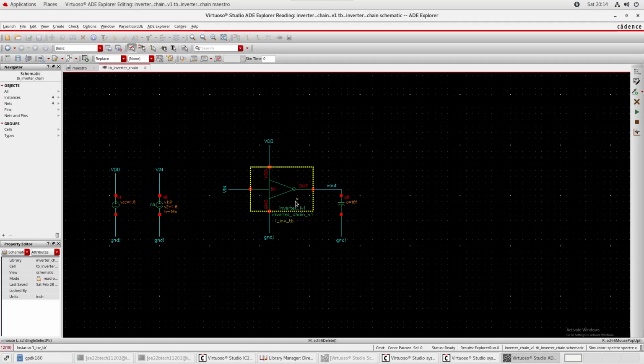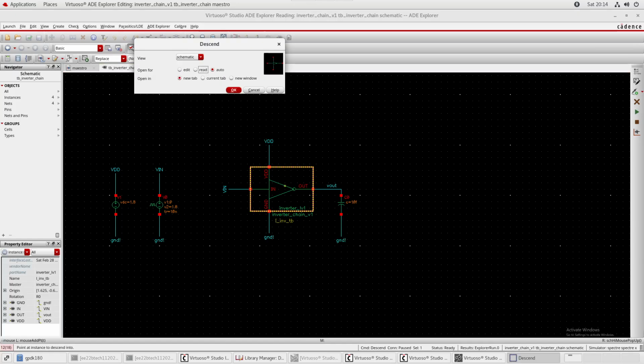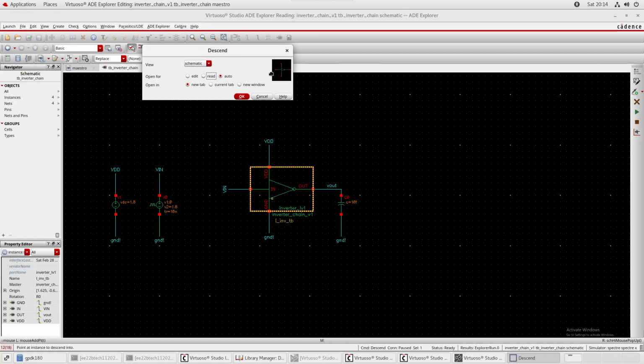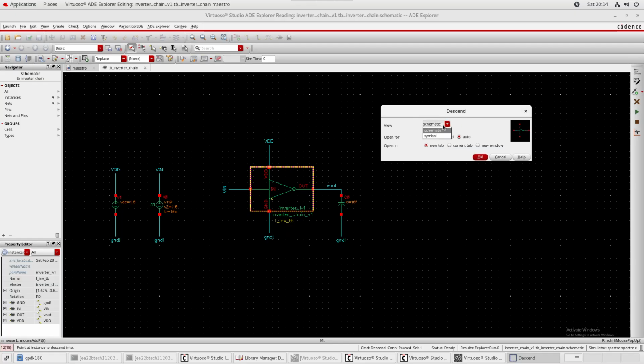As you can see here, there's just a single inverter here. At the output, there's a cap. If we go inside it, see what this guy is made up of. How I'm doing this is just double click on this, and it shows you this option, descend into the schematic,